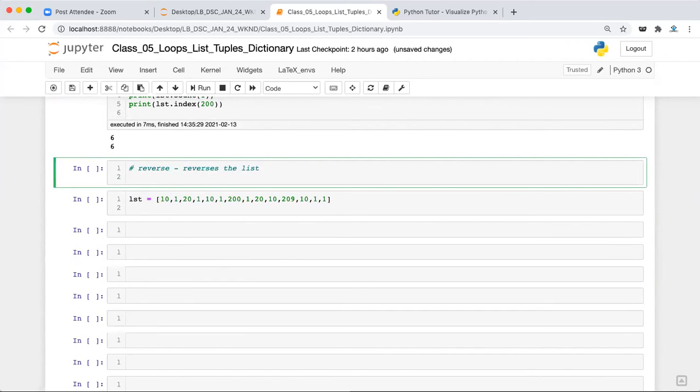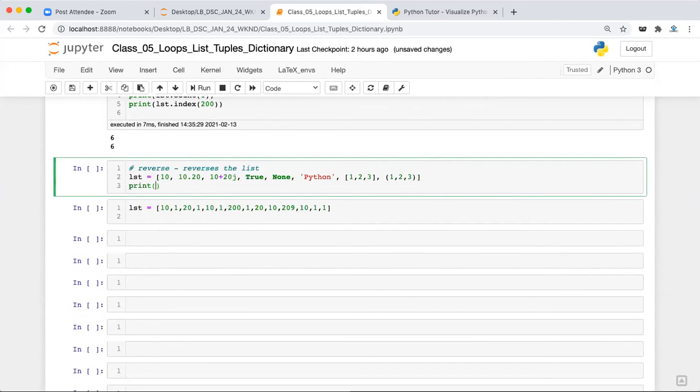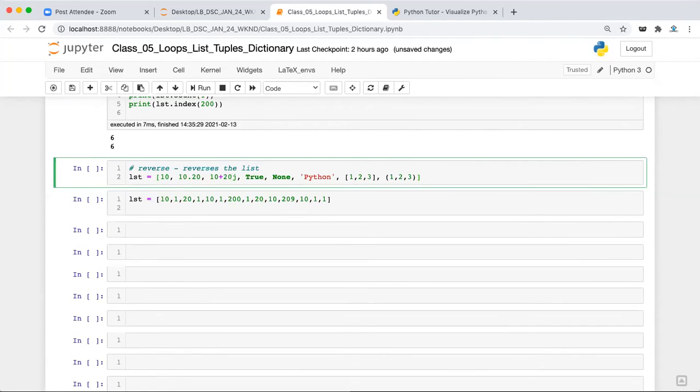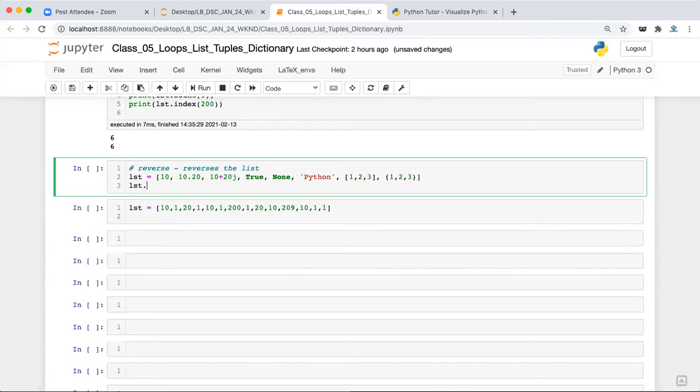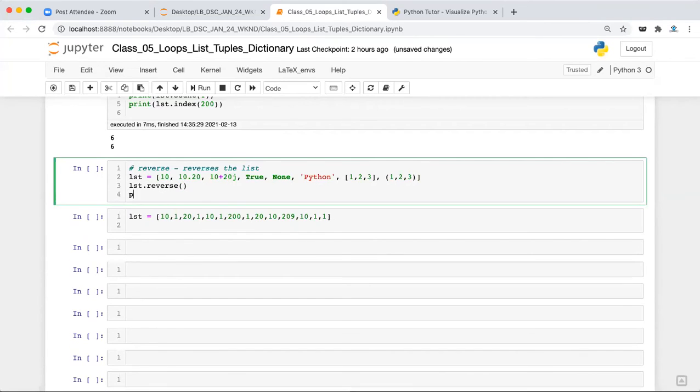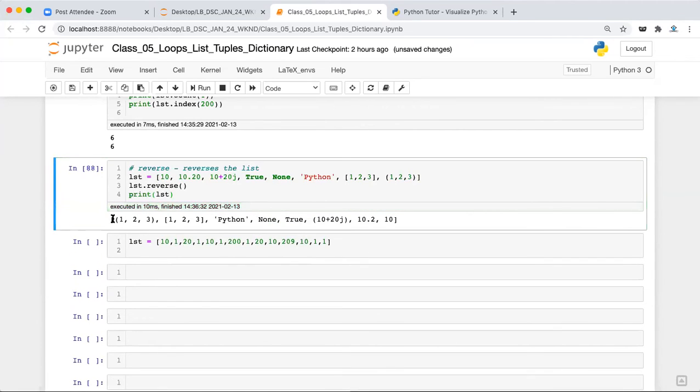For example, I have this list, and I'll write print LST.reverse, and now print LST. What it will do is reverse the list and then store it in the same list object. So executing this will give you the list in reverse order.